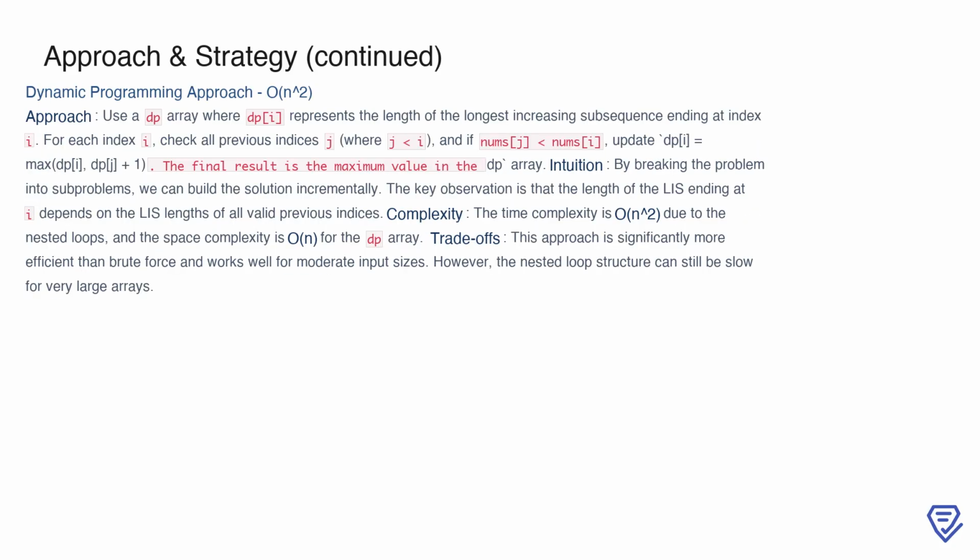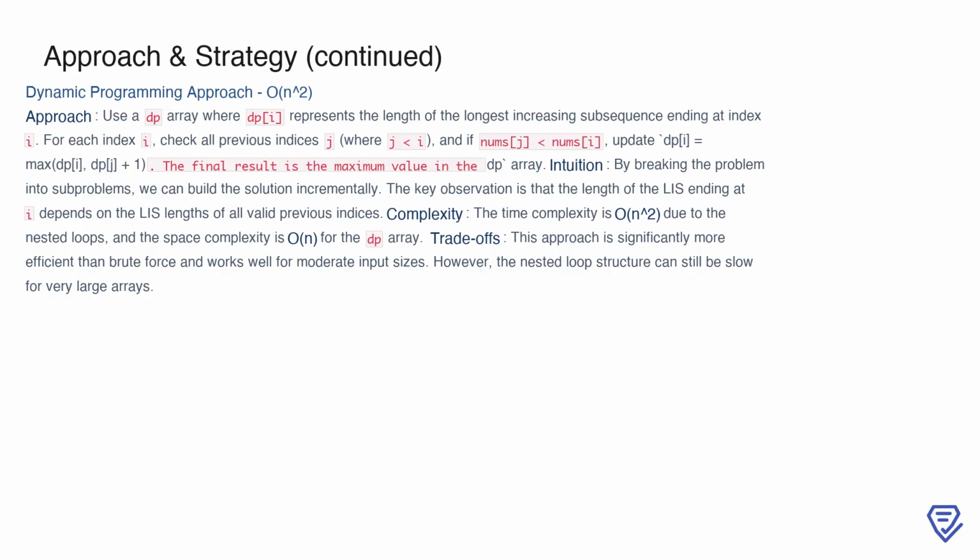A more efficient solution is the dynamic programming approach with a time complexity of O(n squared). Here, we use a DP array where dp[i] represents the length of the longest increasing subsequence ending at index i. For each index i, we look at all previous indices j where j is less than i. If nums[j] is less than nums[i], it indicates that the current element nums[i] can extend the subsequence